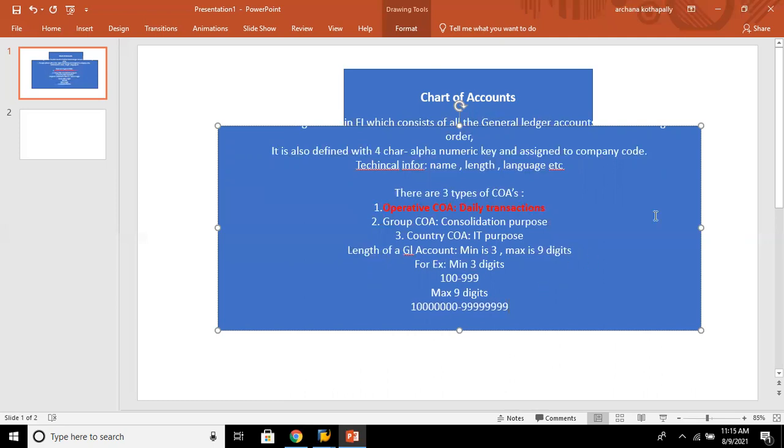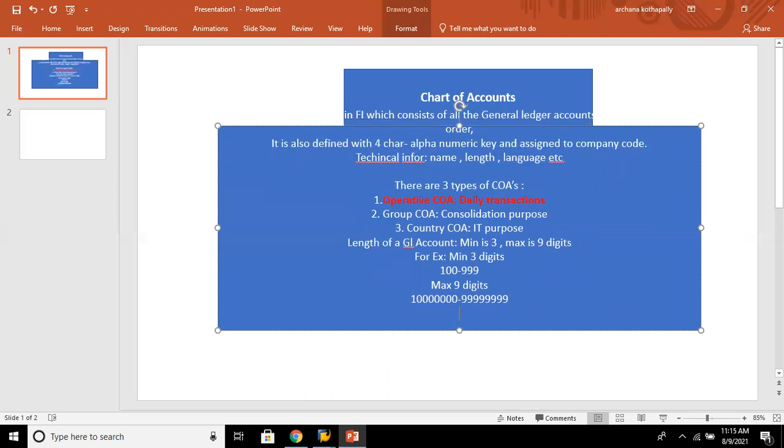So this is the maximum 9 digits. Usually we follow either 4 or 6 as the maximum. If you are defining your ledgers, you have to give a maximum length of 6 digits as a unique number to that particular ledger account, or whatever is specified here. As I said, in general practice, we either go for 6 or 7. 3 digits we never opted for because